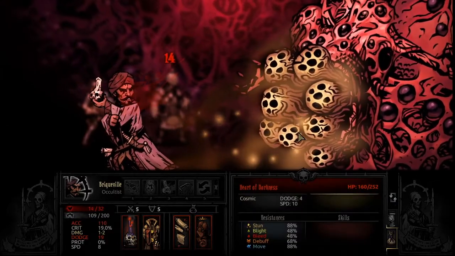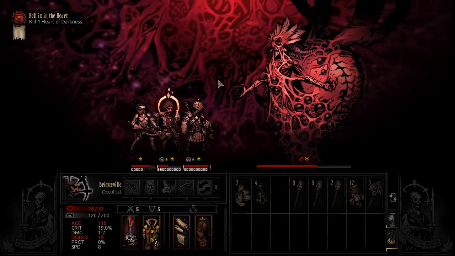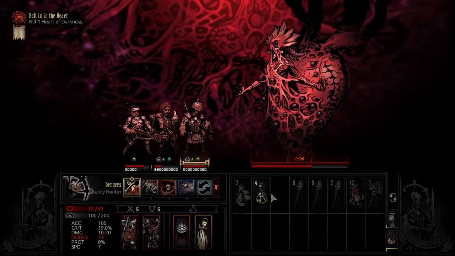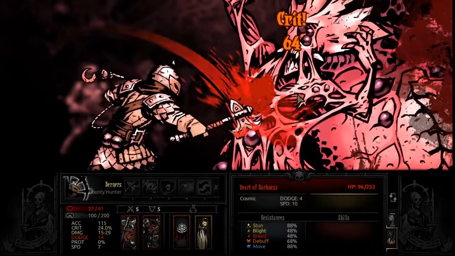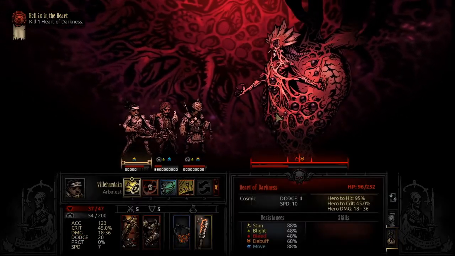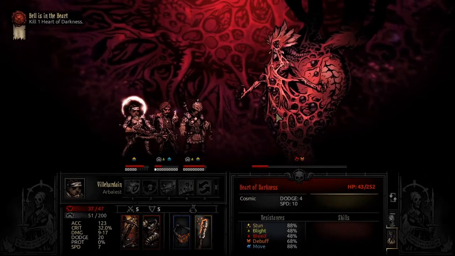Disillusion. Okay, that just does damage and stress. And stun. On the main healer. Collect Bounty will do 22 to 43, or 64 if I get a critical. It could also do that. But all of these... Like I said, I anticipated that. Well, I knew about that ahead of time, so...